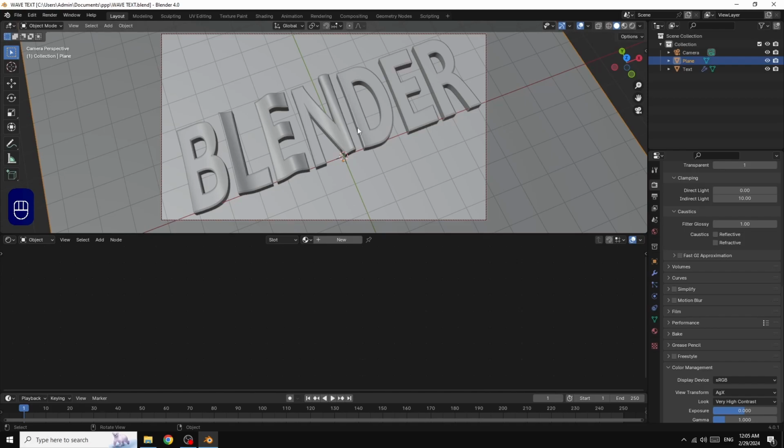Now we will give our text and the plane some materials. So I select the plane, make it metallic, give it any color you want.